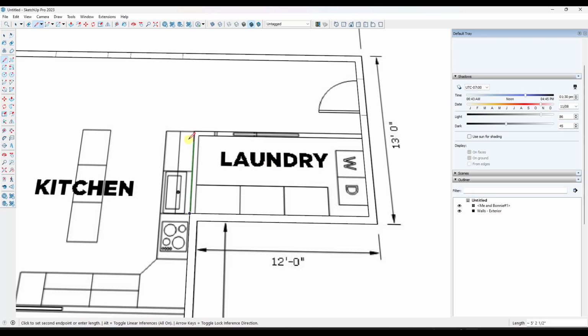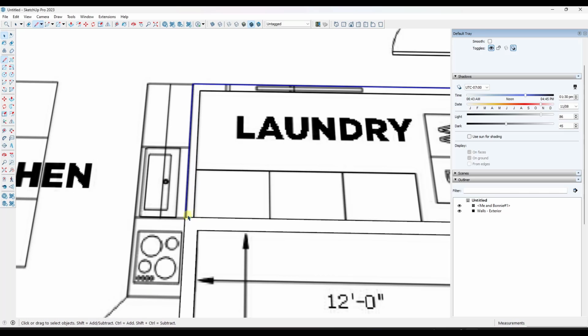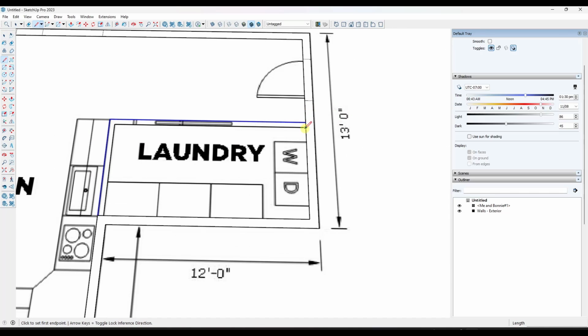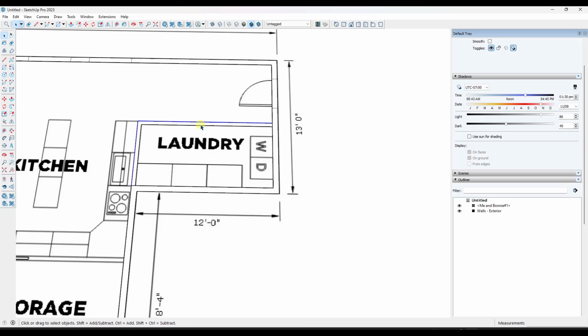And in this case, I can just kind of draw those walls. So this looks like this is about 6 feet, and draw a line over here. And in this situation, I'm just going to take both of these edges and select them. So I'm just going to click and then shift-click, and I'm going to offset them in by the thickness of my wall, which in this case appears to be about 4 inches, just for simplicity's sake. And I'm going to close this in like this,